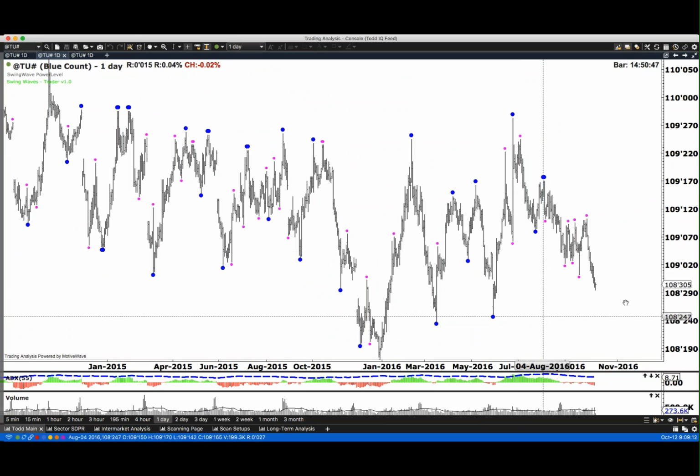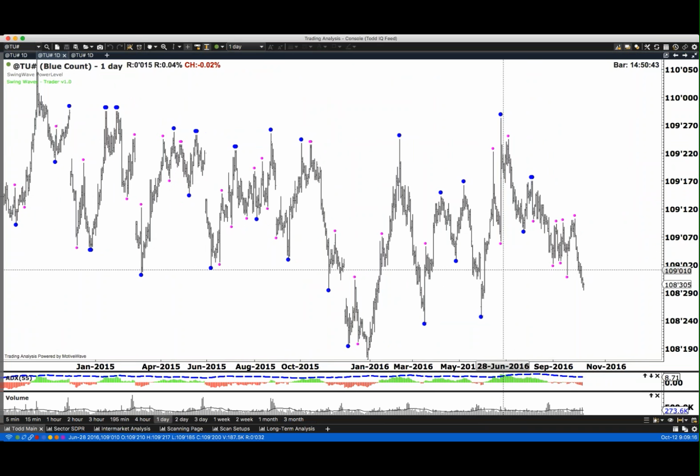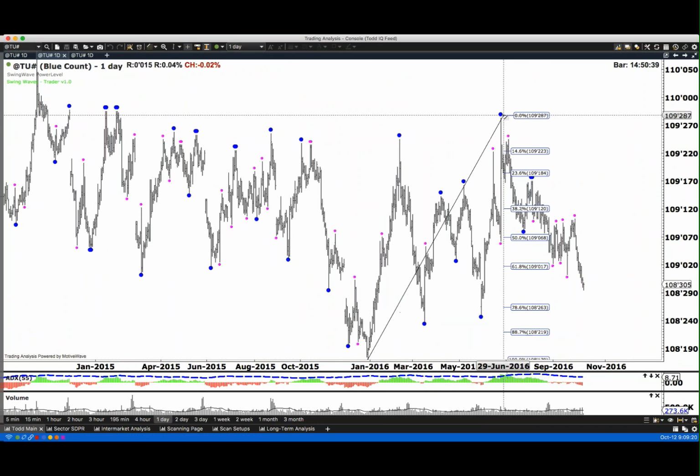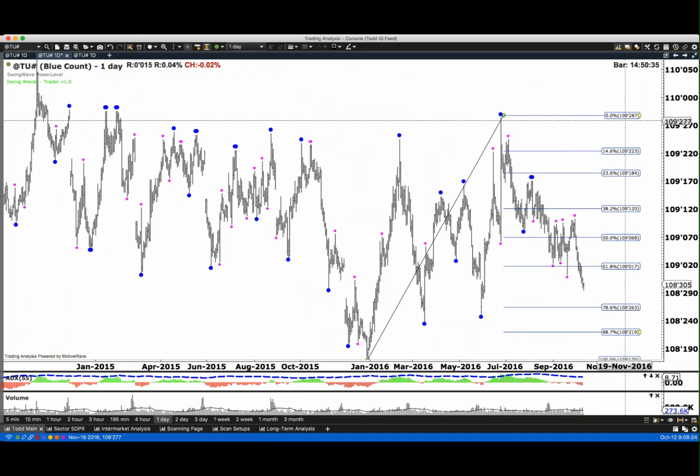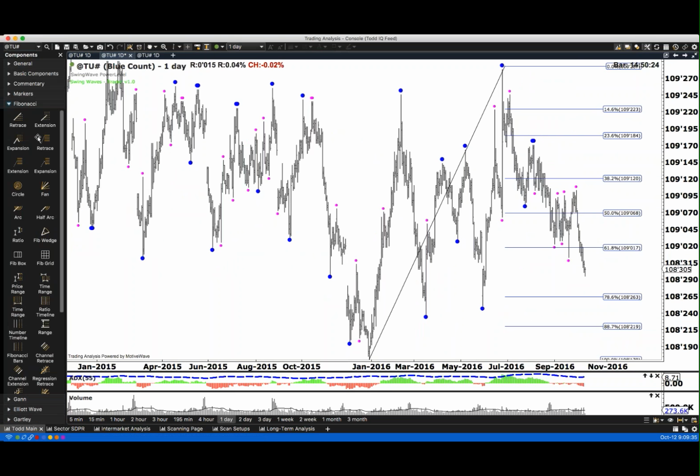We are pressing the lows, meaning bonds are going down, rates are beginning to move up, but we're not all-out breaking down here. So if we just do a retracement off the lows, the 786 retracement is still a ways away here. And then if you do a little projection from here, you're going to see a quality. Let me just do this here. Fib. We're going to do, what am I going to do? Expansion.